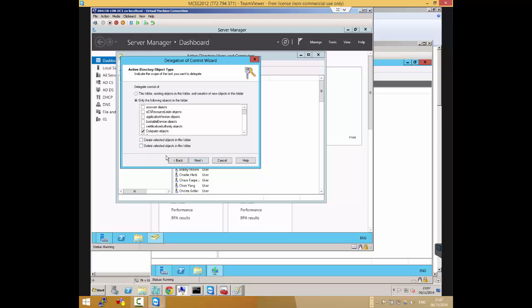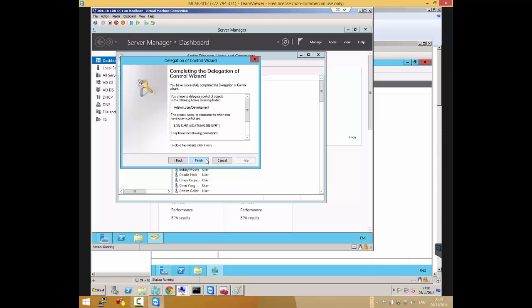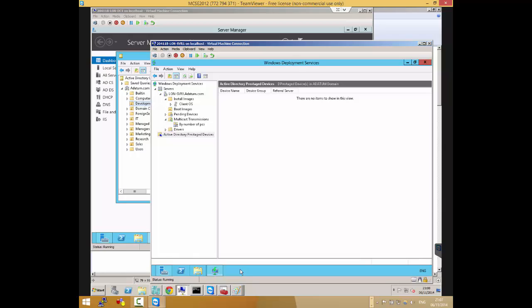So if a hacker takes control of my WDS server, they won't be deleting my domain controller object and all that. Because of the principle of security, I will try to grant least permissions. So I only want you to be able to create computer objects, not account objects. You can create, you can't delete, and then click next. And then I give you full control permissions to create computer objects in that OU. So that's the only permission I'm giving you. And yeah, now I think we're set.